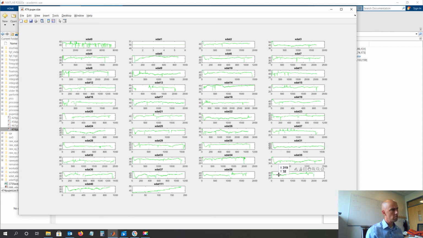The most direct question I can think of to ask with these data would be something like that. Another way we could look at it is to say, okay, ignoring again this pupil dilation at the beginning, what's the slope of this line? If I took a line of best fit from say here to here, what's the slope? And instead of percentage difference of this pocket to that pocket, I could just take the slope. And to be honest, it's probably going to end up being pretty redundant with that percentage difference, but we could do the slope of a line of best fit, or we could just sample the beginning and the end and calculate a percentage difference.